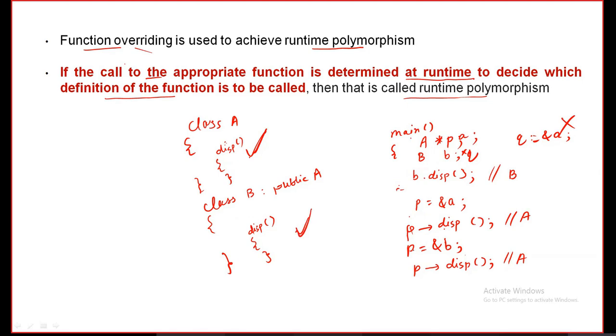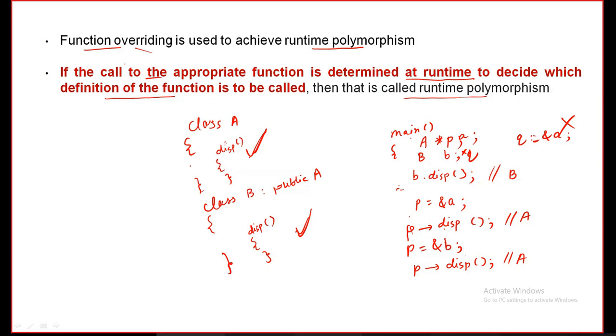So we want to delay this particular decision. Now how to delay it? Simply, when at compile time the function call is getting bound with class A,